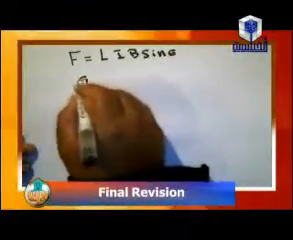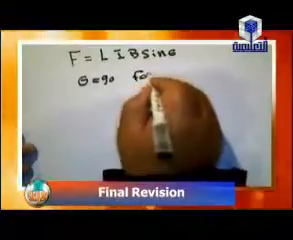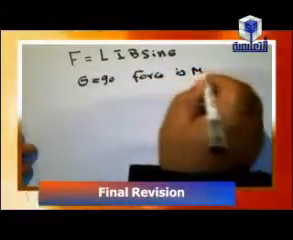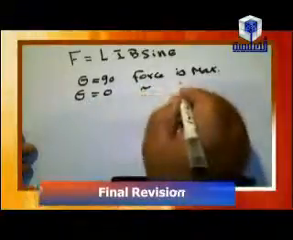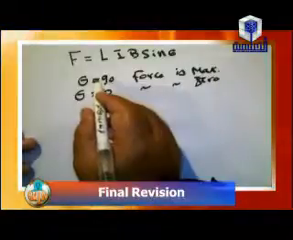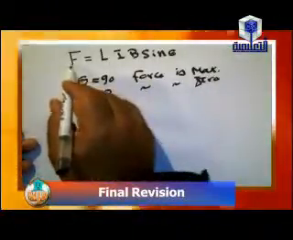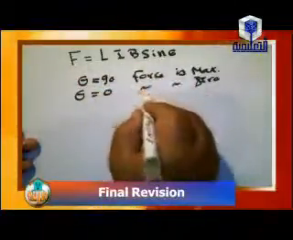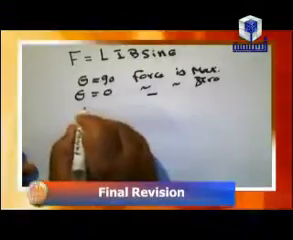If theta equals 90, the force is maximum. And if theta equals 0, the force equals 0. When a wire carrying a current is in a magnetic field, the force acting on this wire is F equals L I B sine theta. After this we can find the torque acting on a coil